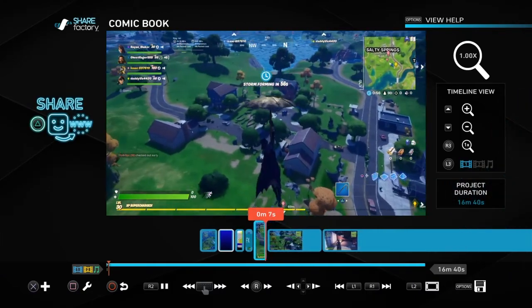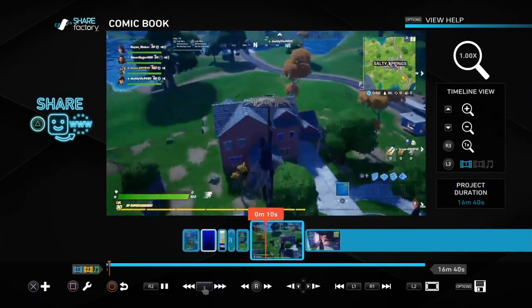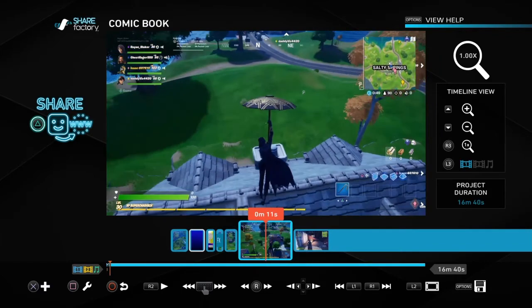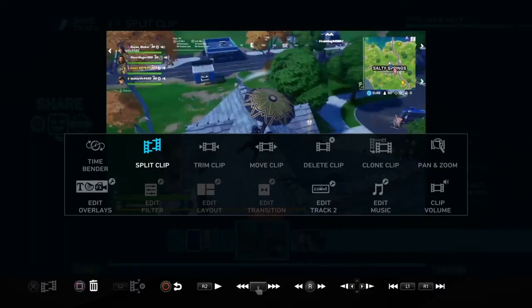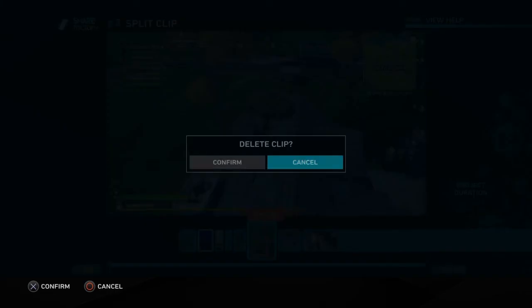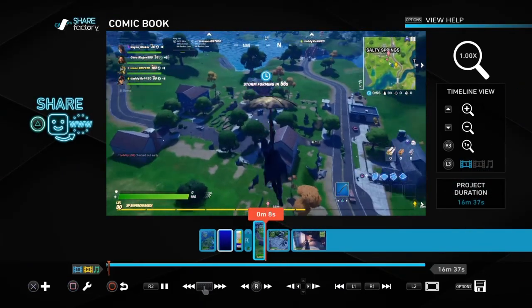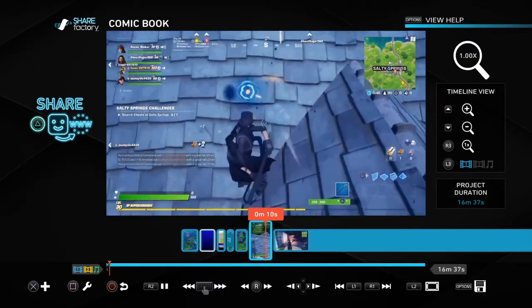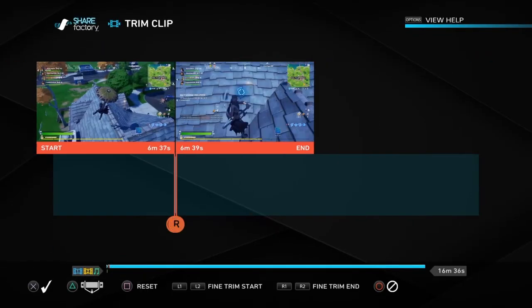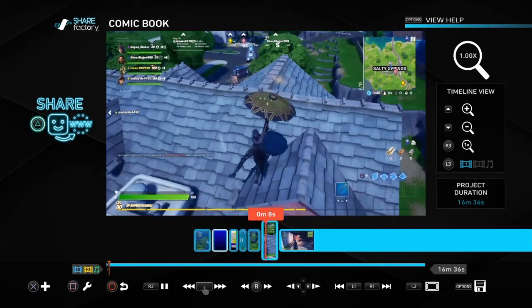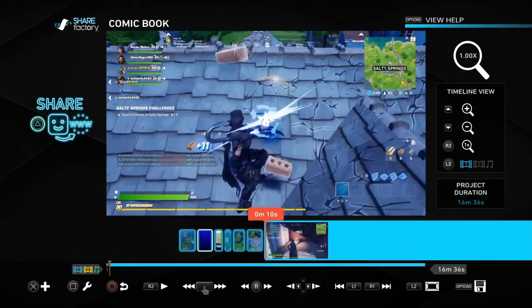King of the sea. I thought the fish were. Split it there. Delete this one. I thought my sardines were the king of the sea. This will trim clip. Trim it just a little bit. I thought my sardines were the king of the sea. And then we add